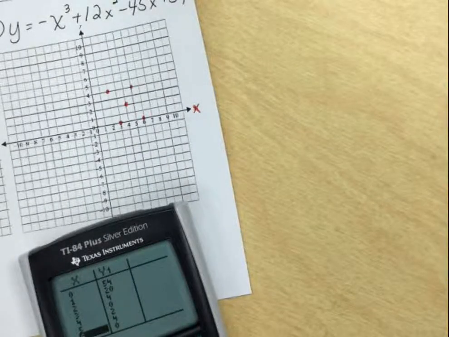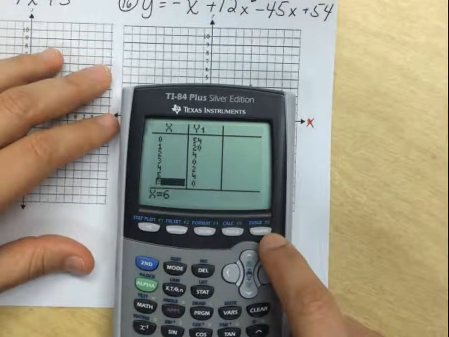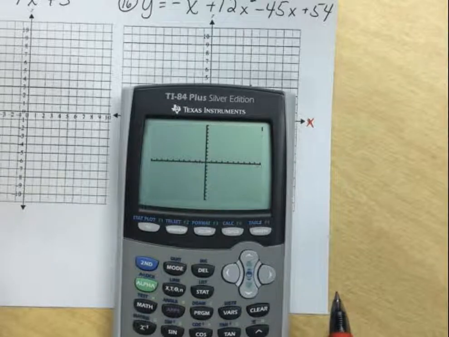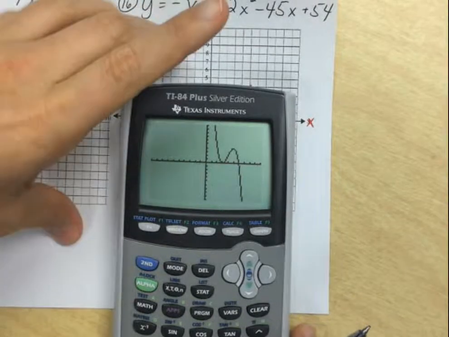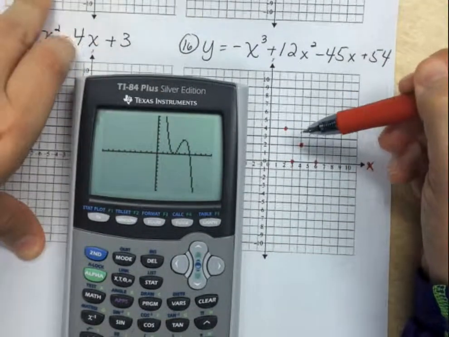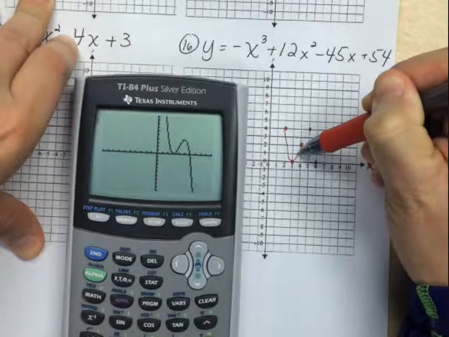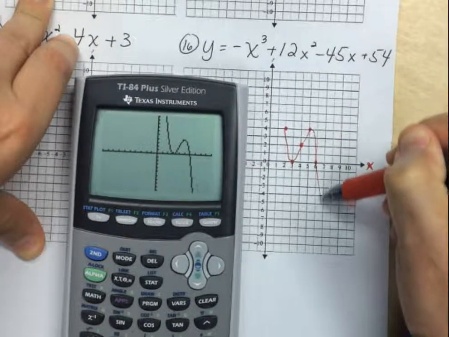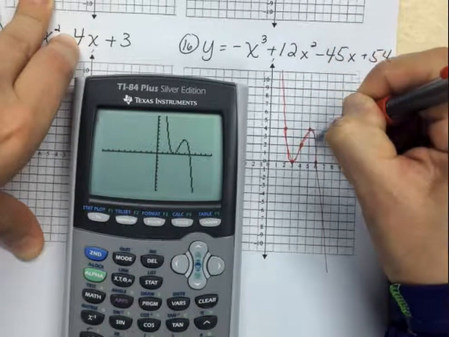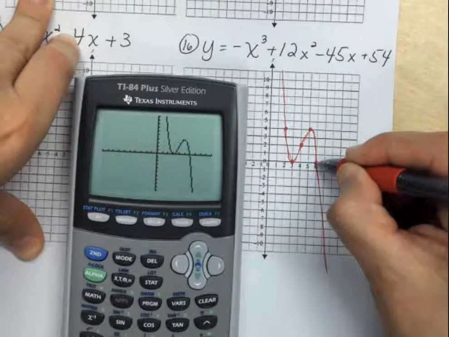So if we look at our calculator, the far right, you may not be able to see it there, it says graph. You hit graph. It will take a moment. And now you're going to connect your dots here so it looks similar to your picture. So go down, up, and down through there. We have 1, 2, 3, 4, 5,